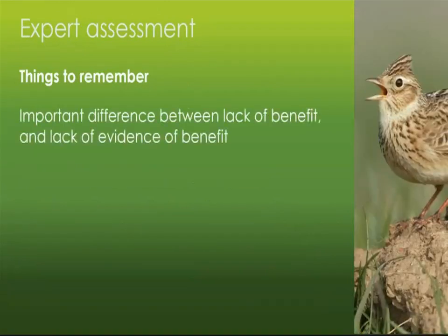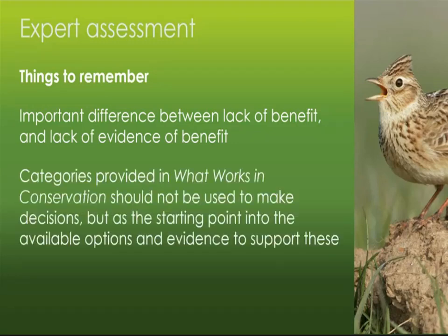A couple of points to remember. People sometimes get confused about lack of benefit and lack of evidence of benefit. And we try to make this as clear as possible in our phrasing on the website. So lack of benefit is there is some evidence showing that something doesn't work. Lack of evidence for benefit is there isn't any evidence, so we don't know whether it works or not. And the other caveat that goes with all the information in What Works is that it's a really, really